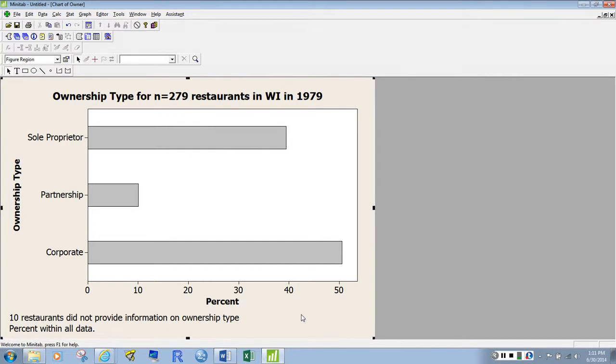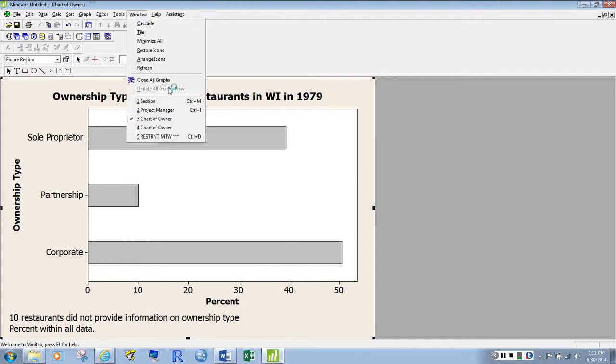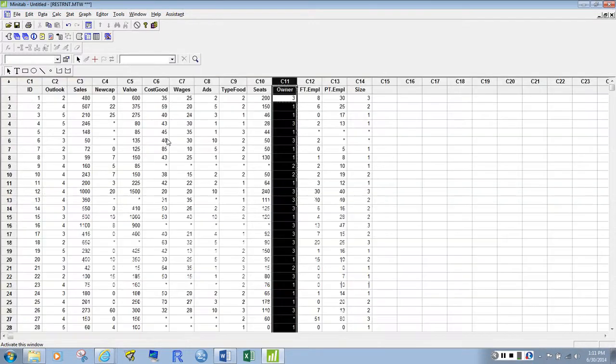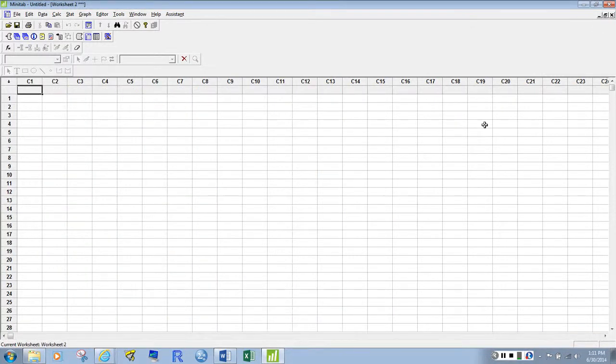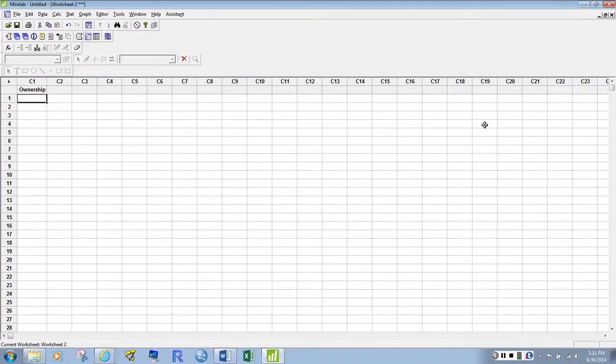Okay. Now suppose we don't have any data. I take that back. Suppose we don't have a data set, but we have information. And so I'm going to come back to our restaurant data set window here, and I'm going to actually close it out. And I'm going to say, suppose instead I only have a problem that tells me the type of ownership. So maybe I have ownership type, that I can create a table in Minitab so that I can help to create a graph. So maybe my ownership type is sole proprietor,